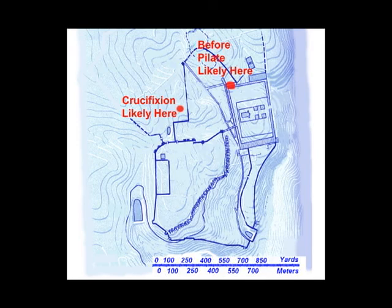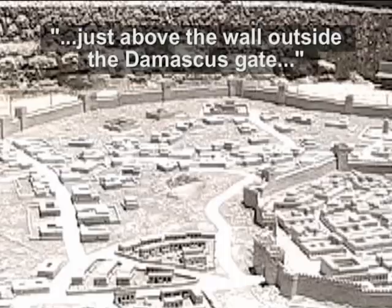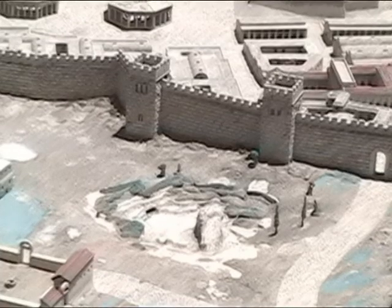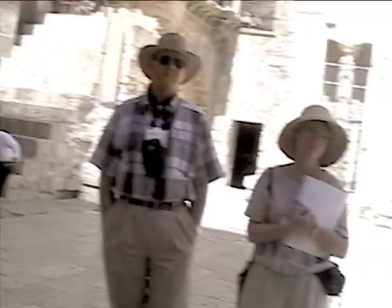You can see another cliff just above the wall outside Damascus Gate. That's the garden tomb. Another Old Testament quarry that became recycled as a cemetery. This was an Old Testament quarry under the Church of the Holy Sepulchre that became a cemetery in the New Testament period. Old Testament stone quarries leave vertical cliffs, which are recycled as cemeteries, right? It's nice to have a wall entrance to a tomb rather than a floor entrance. One of the strongest evidences